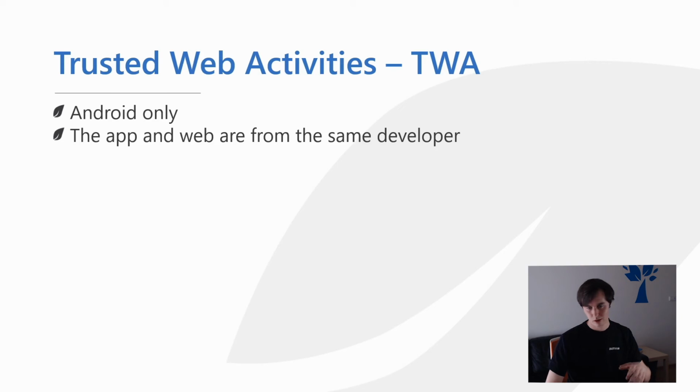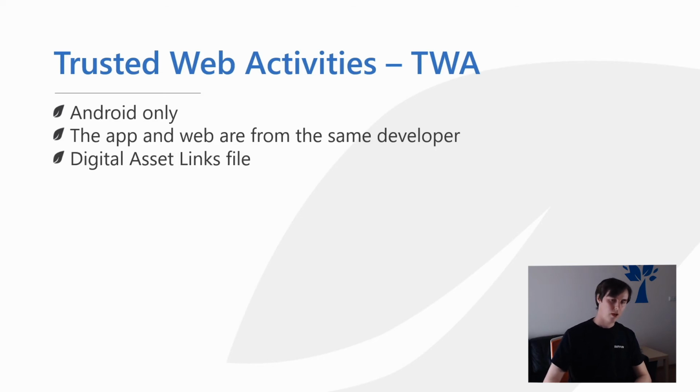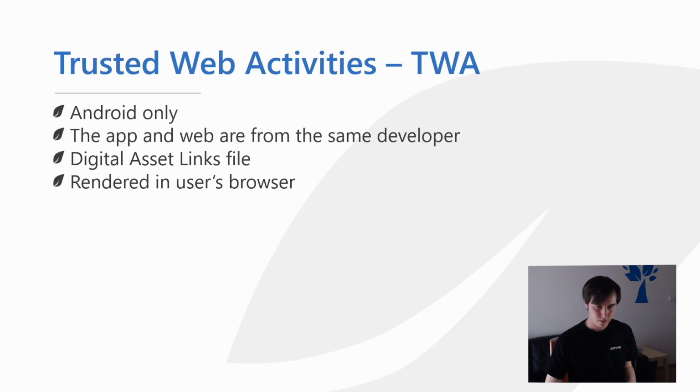You need to upload a file to your web server so that you can connect them with your application, and so that the application knows that, okay, this is the actual server that I was created for, and it's not showing some scam content. It's called a digital asset links file, and